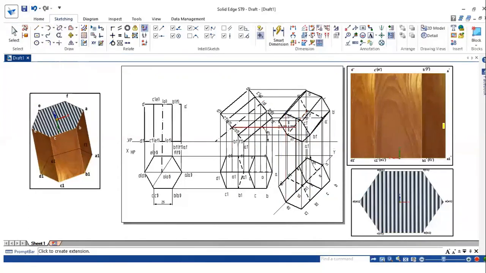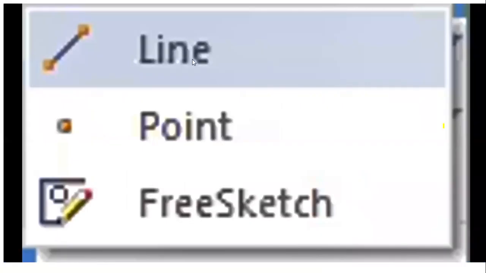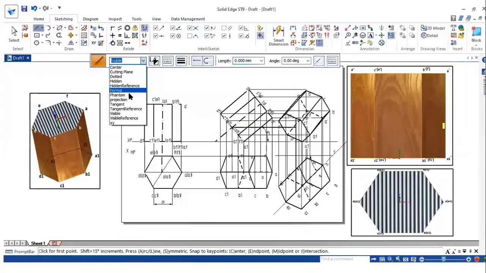So this is O1 and point, line, projection line.